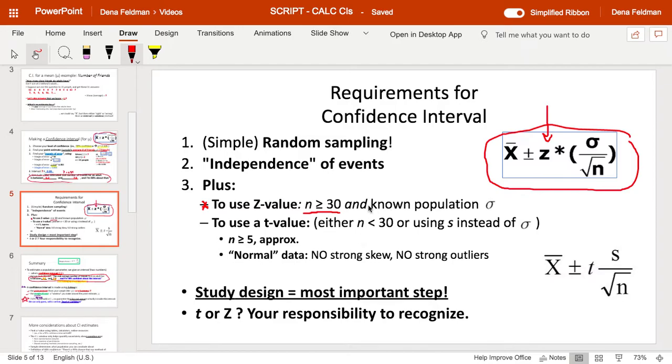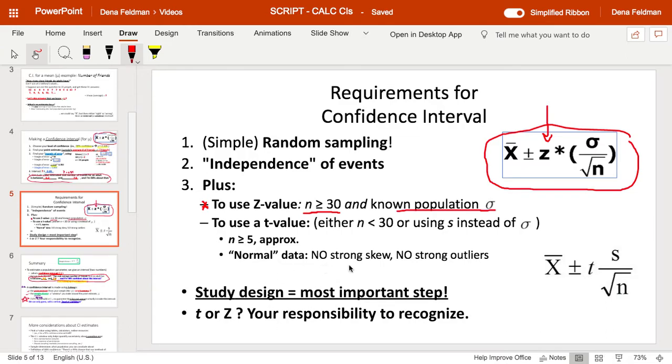And another problem would be if we didn't know our population standard deviation. While we haven't discussed why this would make it difficult to use z-values in our calculation, we can just take it on faith that an unknown sigma is also a problem. So if either one of these two is missing, then actually we still can calculate an interval. We can calculate an interval for small samples as long as you have approximately a sample of 4 or 5. And also if the data